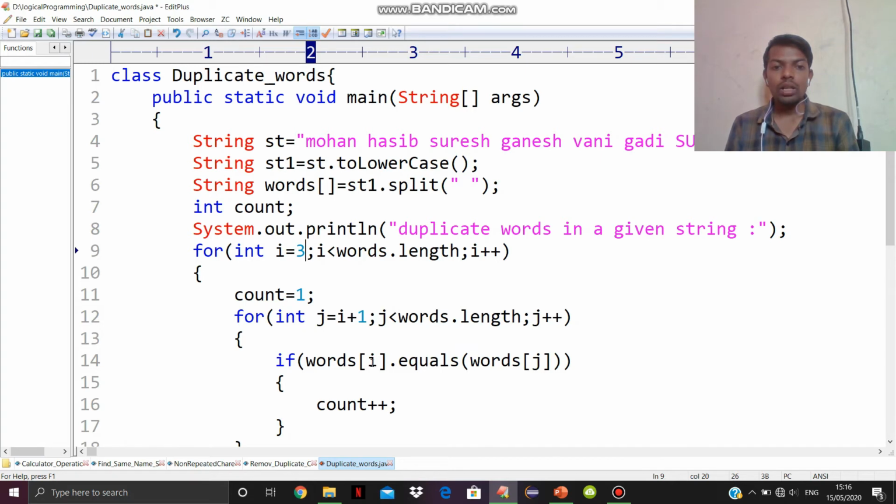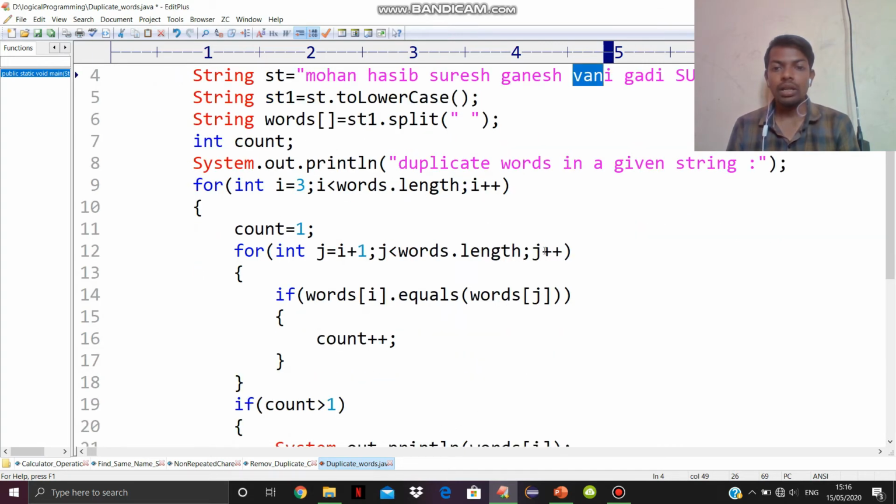Then i value becomes incremented by 1, 3. What is the ith location of words? 3. Ganesh. What is the jth value? i plus 1. So 3 plus 1, 4. Vani. Ganesh equal to Vani? Condition false. Then j value incremented by 1.